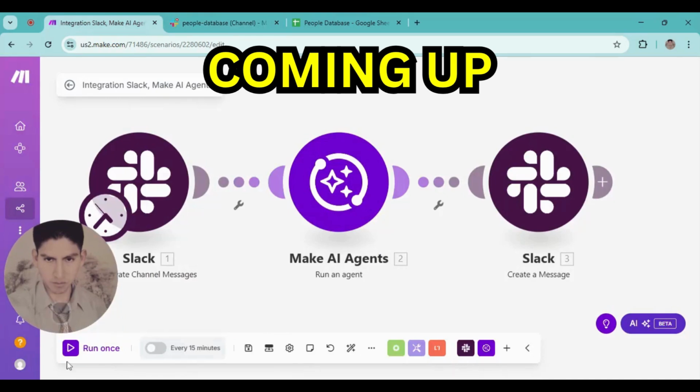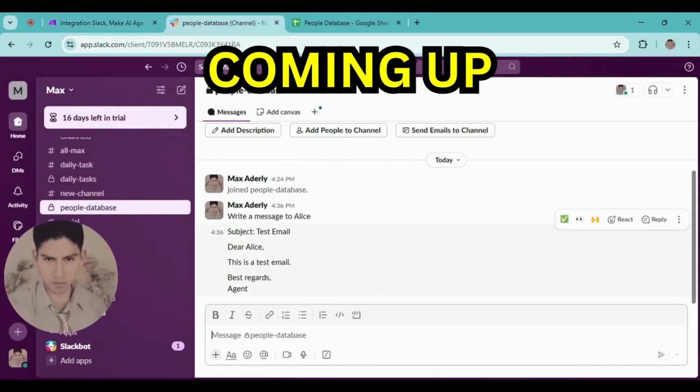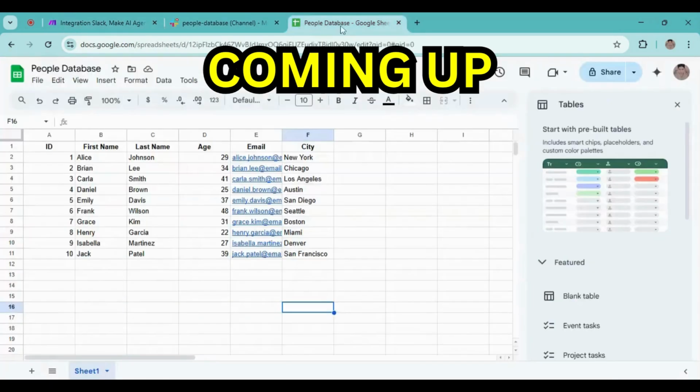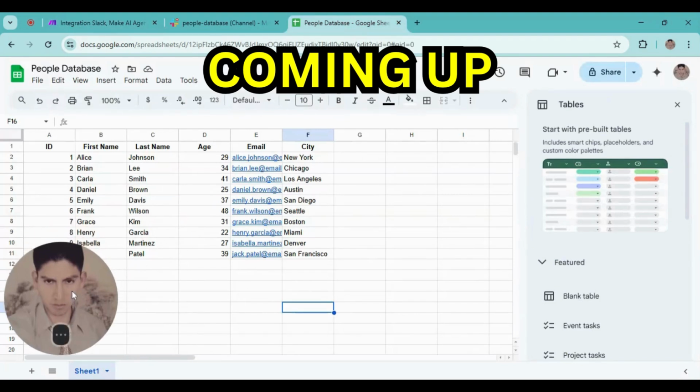Go here and click run once. It takes only a few seconds and that's all. I'm gonna go here again and this is the written message. Subject, test email. This is a test email. It's a brief email, okay? You can add more details if you want. Remember, this message depends on this database. I said Alice, but I could say send a message to Brian, Carla, depending on this list of people that